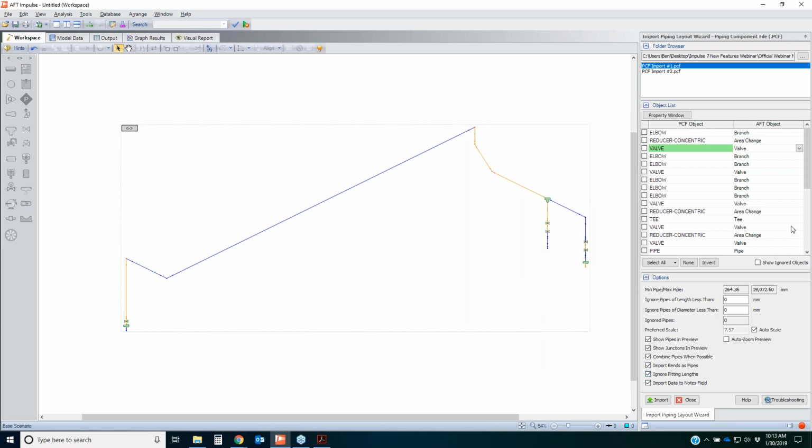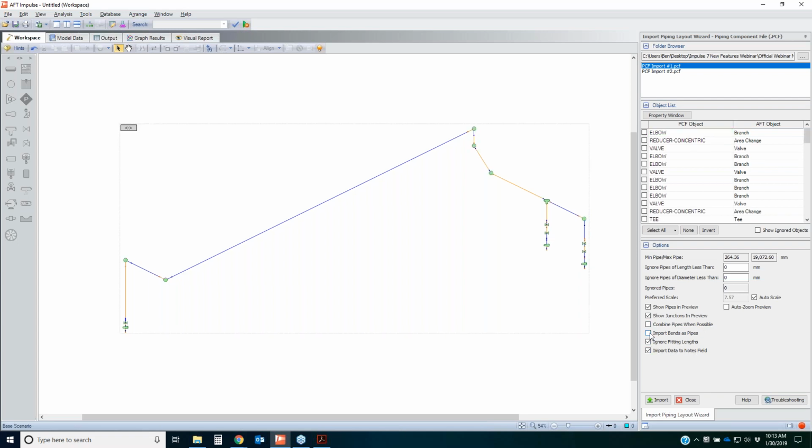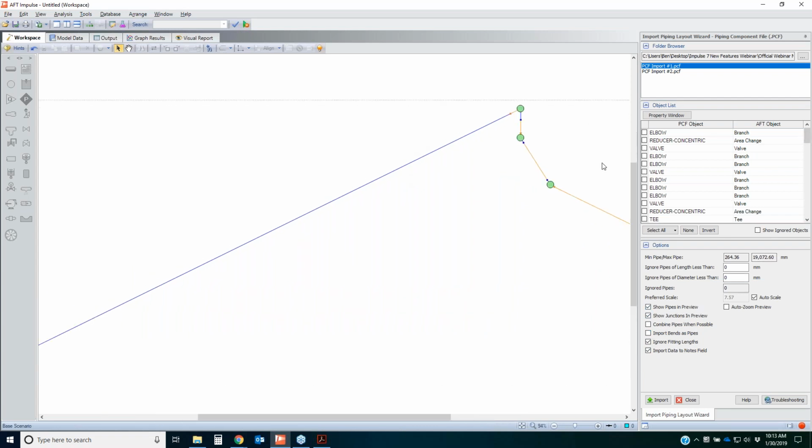A few other things: we will prepare an automated scaling on the model for you. You can adjust that manually if you want. You can show your junctions, combine pipes. So let me turn this off. If I turn this off here, that's not going to combine pipes. It's going to do individual short segments. And also, I might not want to import my elbows as pipes. So if I uncheck that box right there, what you'll see is branch junctions throughout the model that simulate elbow